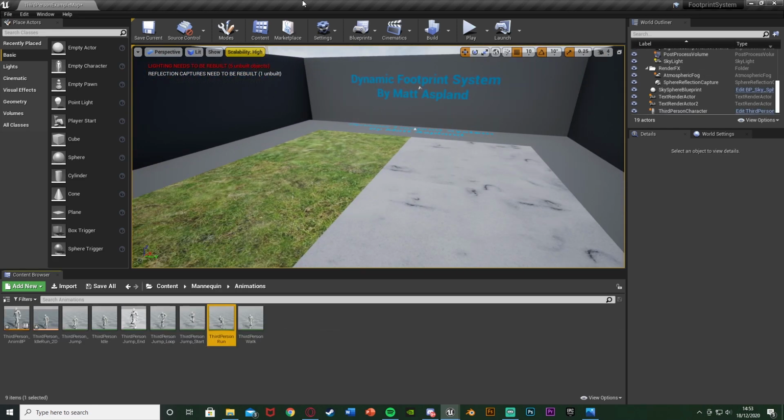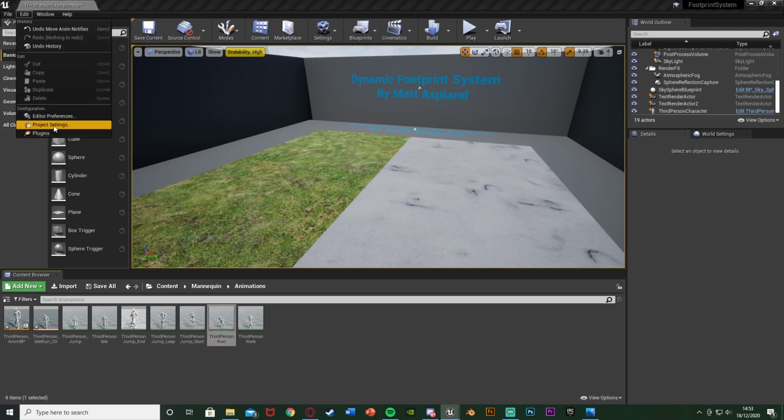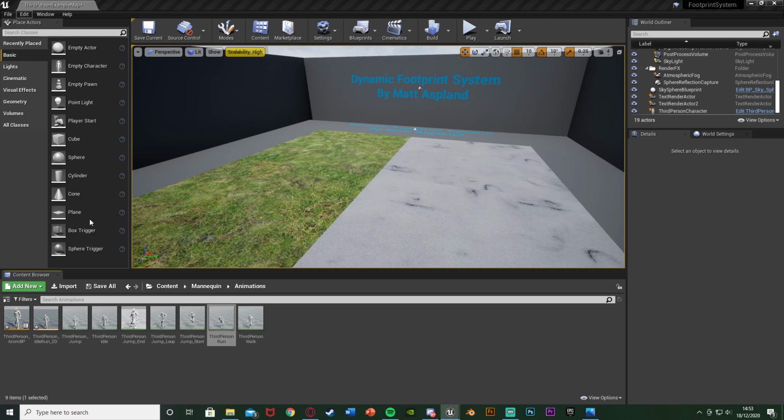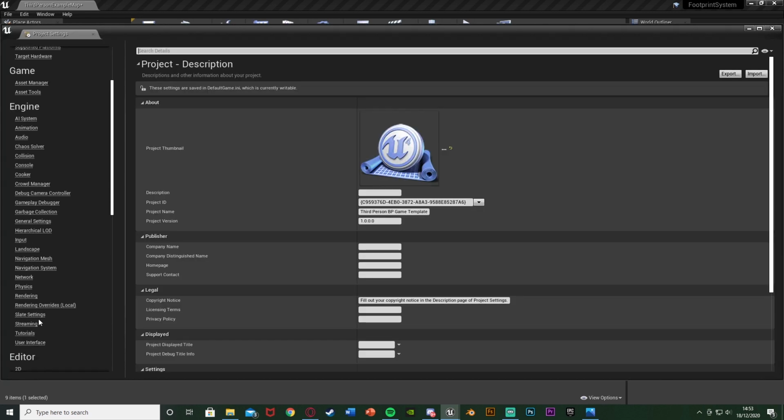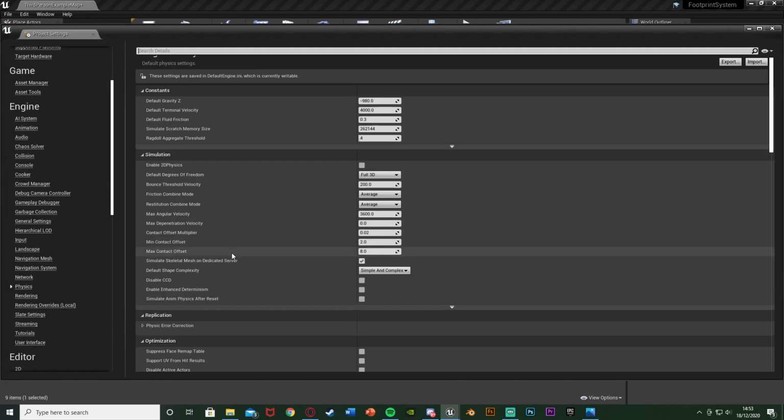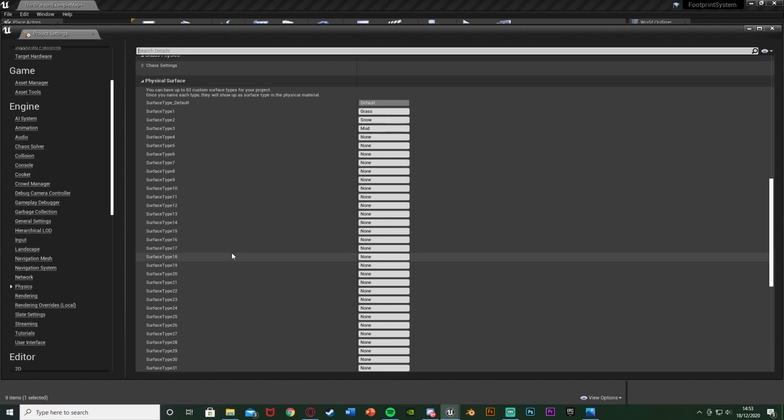So the next step is you want to set up the physics materials. This is how we define which surface the player is standing on. To do this, we're going to go to Edit, Project Settings. Once this loads, we're going to scroll down till we find Physics here under Engine. And then we'll go all the way down to the bottom of this, and we can set up our